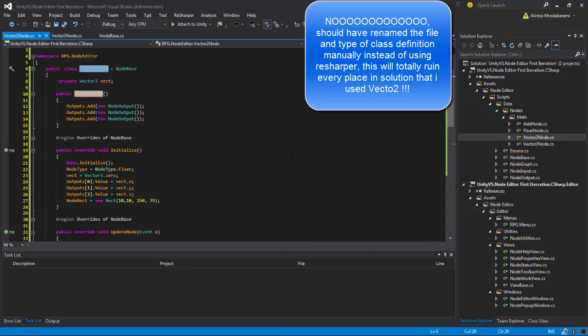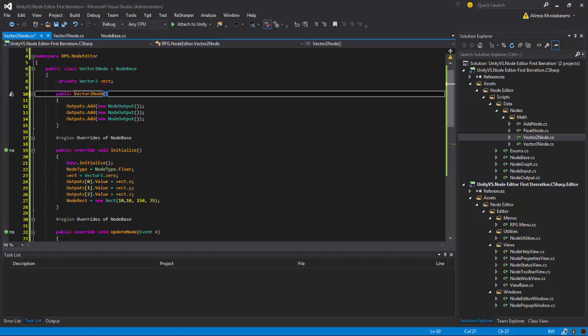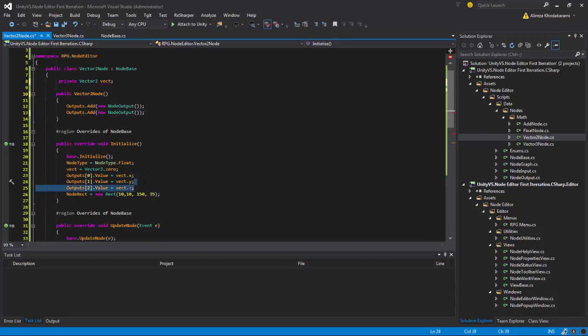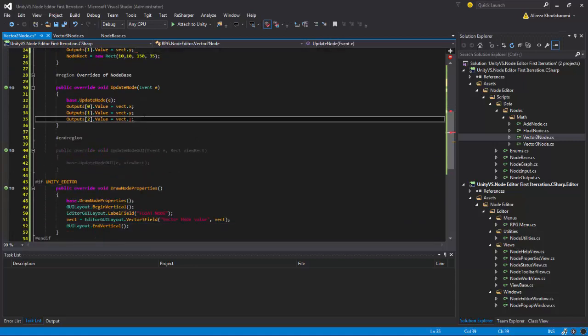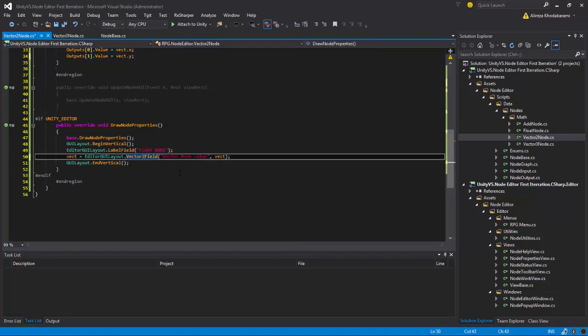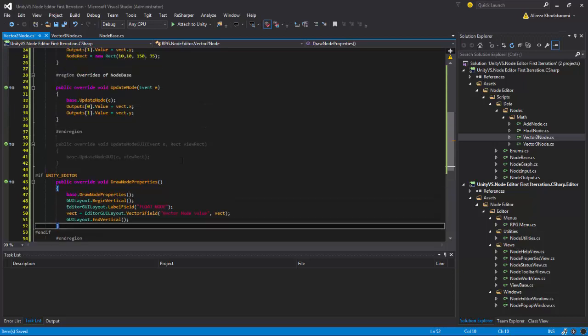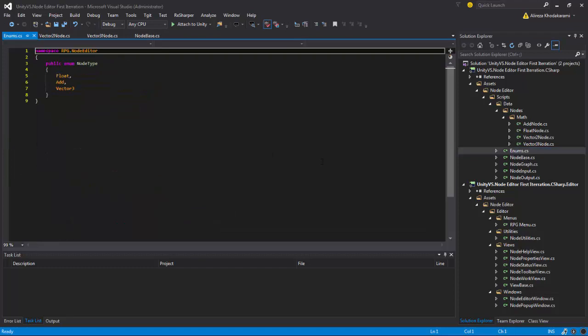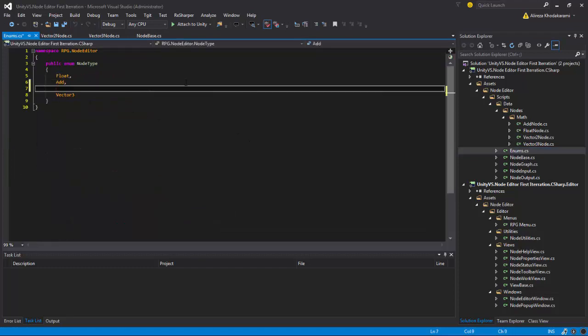So, vector 2 node, and this is a vector 2. Vector 2 has 2 outputs, so we don't have Z, and it has a vector 2 field. Okay? And I'll have a vector 2 node. Just I need to go back, add these guys here. So vector 2,